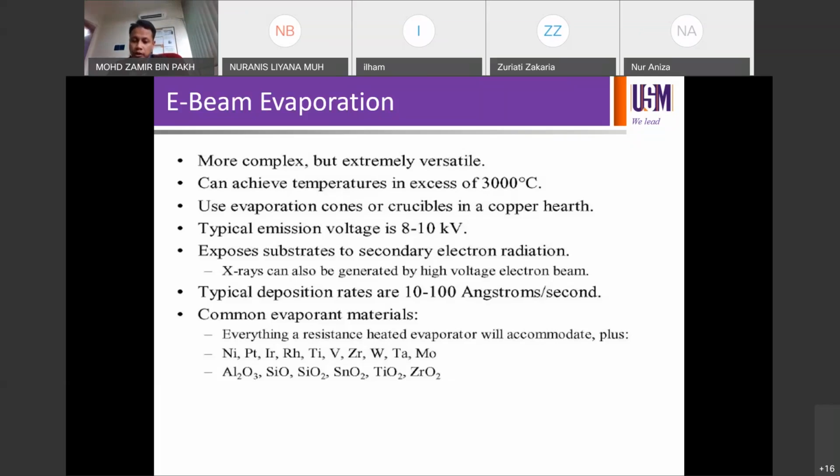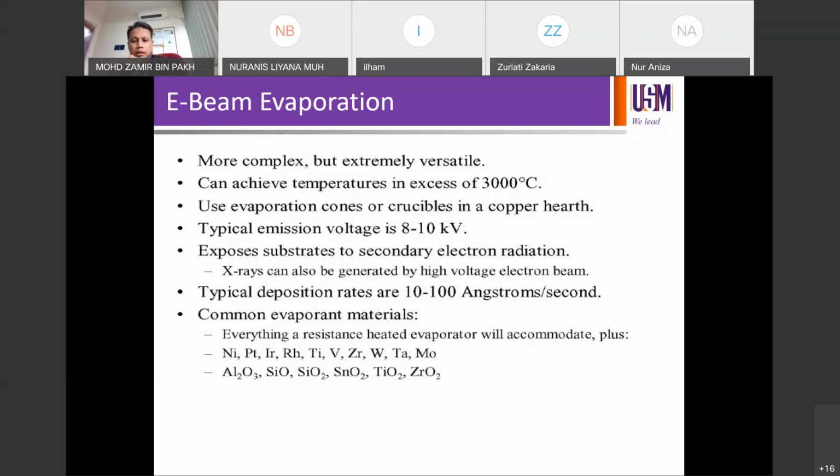You can watch that as well: the schematic of the process and then the animation of what's actually happening before the e-beam evaporation takes place. The typical deposition rate is higher than thermal, so it's 10 to 100 angstrom per second, which is like 1 to